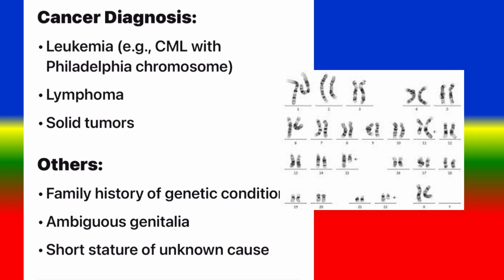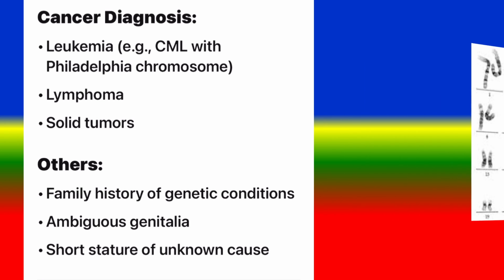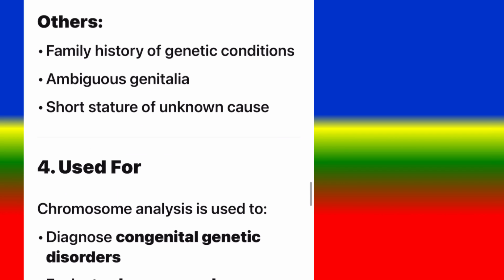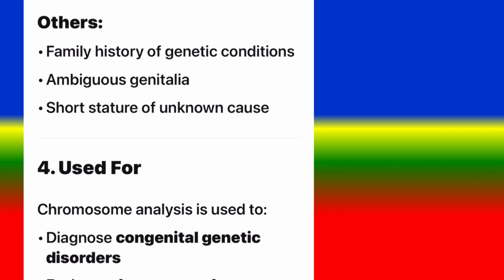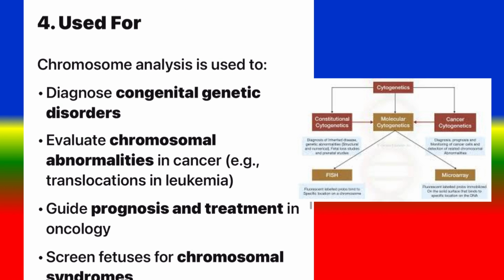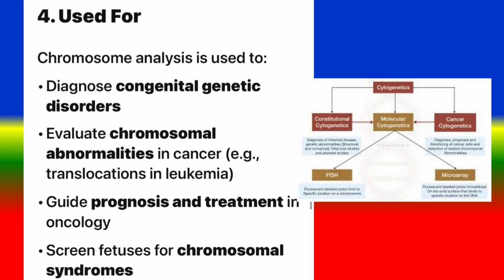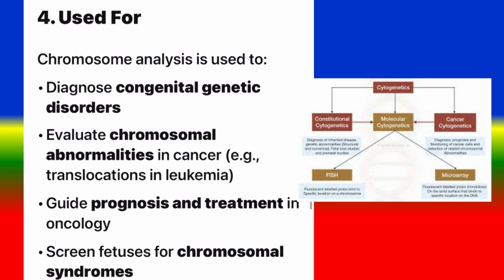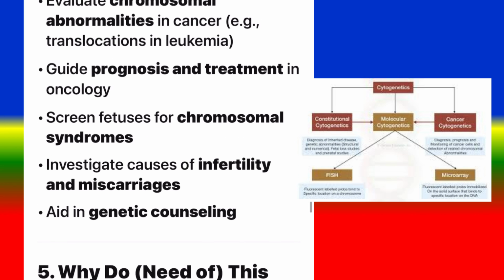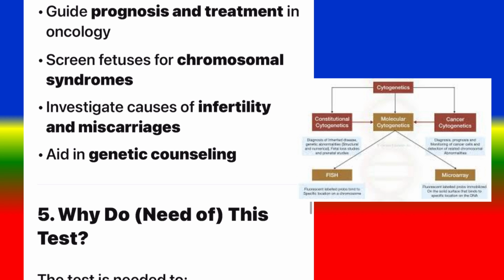Cancer diagnosis: leukemia, e.g. CML with Philadelphia chromosome, lymphoma, solid tumors. Others: family history of genetic conditions, ambiguous genitalia, short stature of unknown cause. 4. Used for. Chromosome analysis is used to diagnose congenital genetic disorders, evaluate chromosomal abnormalities in cancer, e.g. translocations in leukemia, prognosis and treatment in oncology, screen fetuses for chromosomal syndromes, investigate causes of infertility and miscarriages, aid